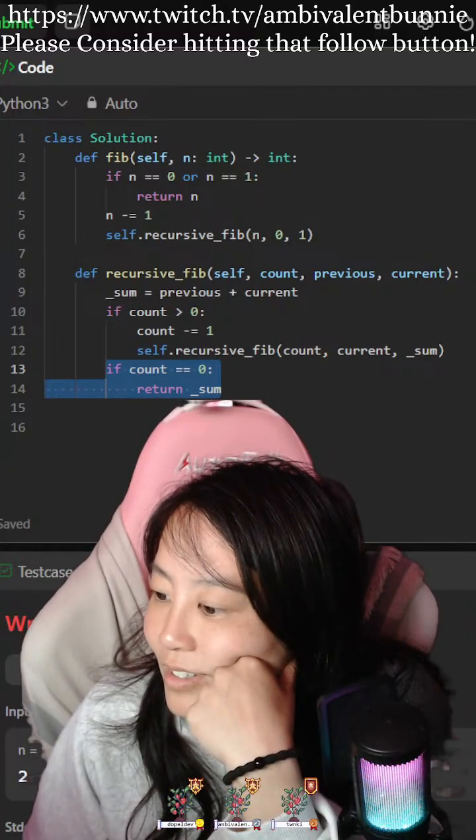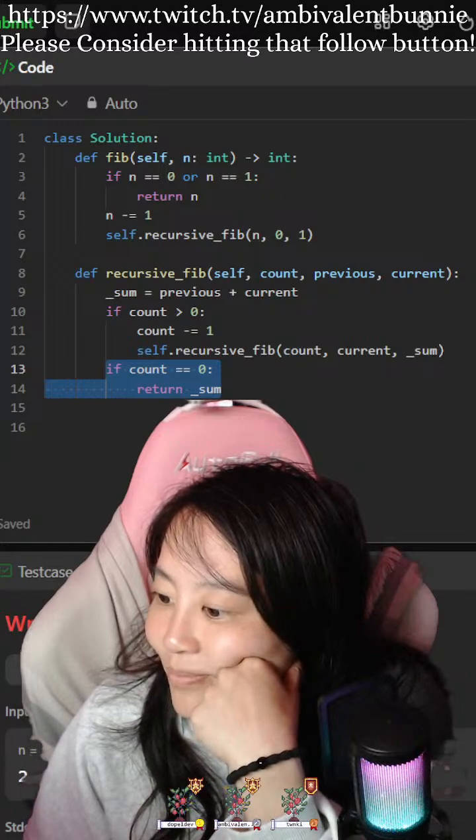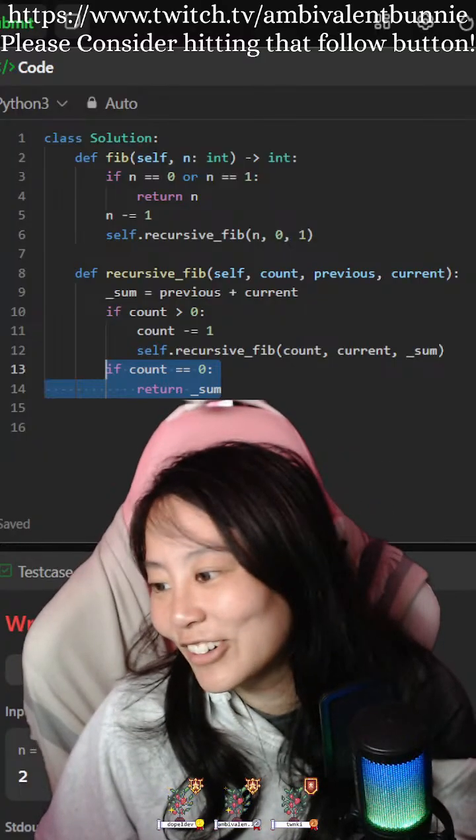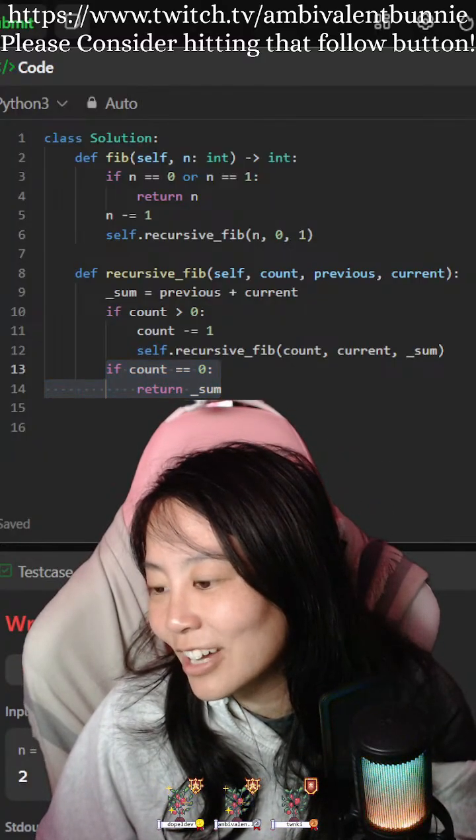Okay, have you tried using the recursive definition of fib? I don't... What? Okay, I'm gonna Google what the recursive definition of fib is.